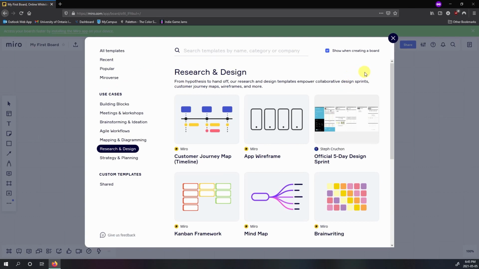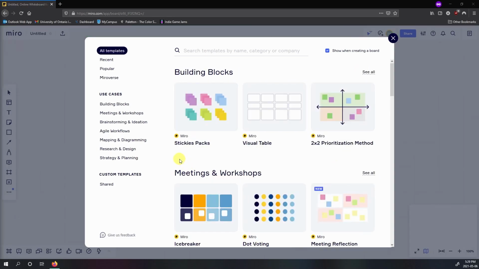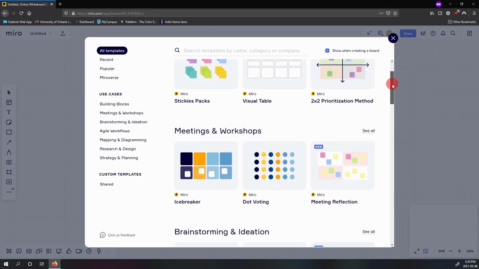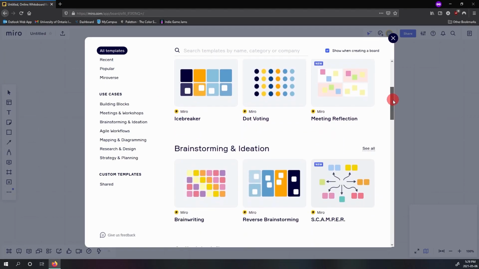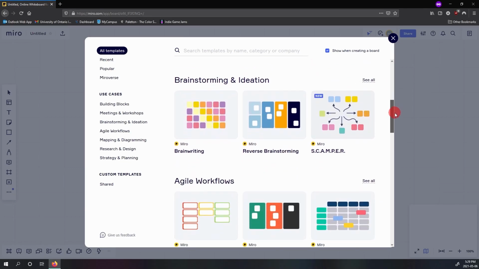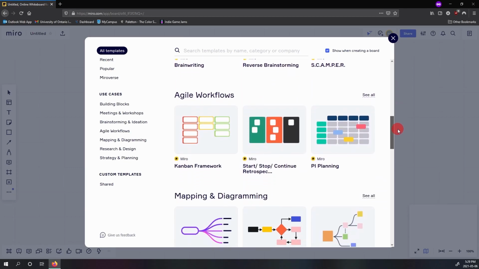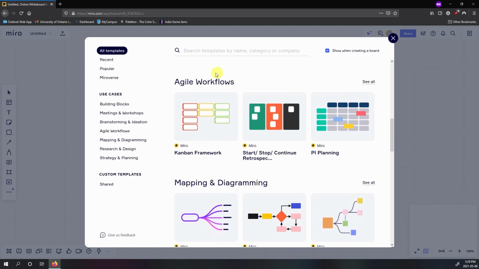Now, creating a new board. This is the screen that you'll run into first, where they'll offer you a variety of templates at your disposal, many created by the Miro team, but also some from the community at large. These are starting points, presets where you can start from, each offering its own list of tools. Some familiar, such as Kanban frameworks,